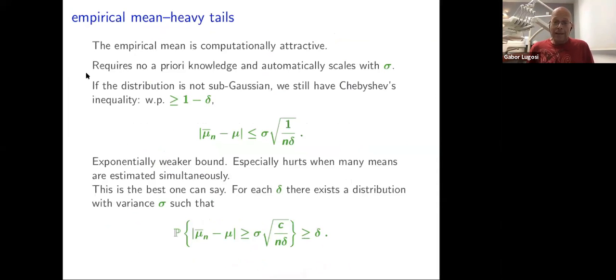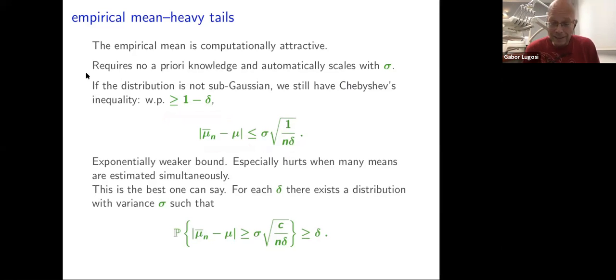Now, if we don't have the sub-Gaussian assumption, then we can still say something. Chebyshev's inequality holds whenever the variance is finite. Then what we can say is that with probability at least 1 minus delta, the error is bounded by sigma over square root of n. That's what we had in the sub-Gaussian inequality. But the dependence on delta is now exponentially worse. Remember, we had square root of log 1 over delta, and here we have 1 over root delta,